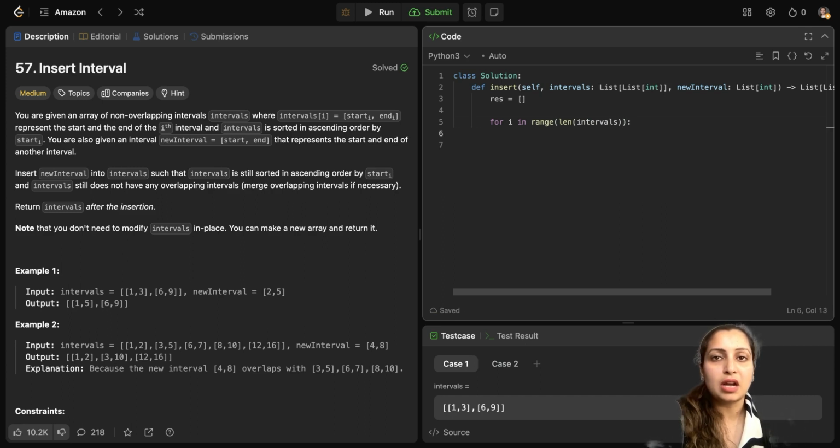And what I need to check, I will compare the new interval's end index. End index can be checked like this. I will check if this new interval end index is less than the start index of the ith interval. So to do that, start index can be taken as 0. So if it is less, then it should come prior to it, right? So if it is that, I can just append it to the result because it comes prior, and then